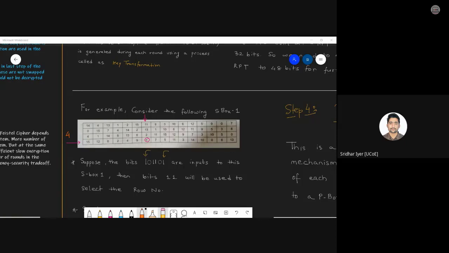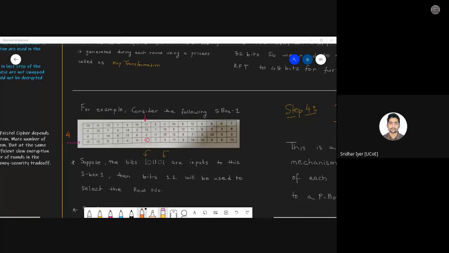Yes, A division. Okay. What about B? Am I making sense? You have to consider the first bit and the sixth bit. In this case, both are 1, so it will be 1 1. And 1 1 in binary is basically 3, right? So you have to select 0 1 2 and 3. That is the fourth row in this case. Otherwise, in this format, it is starting from 0. So it would be 0 1 2 3. Correct?